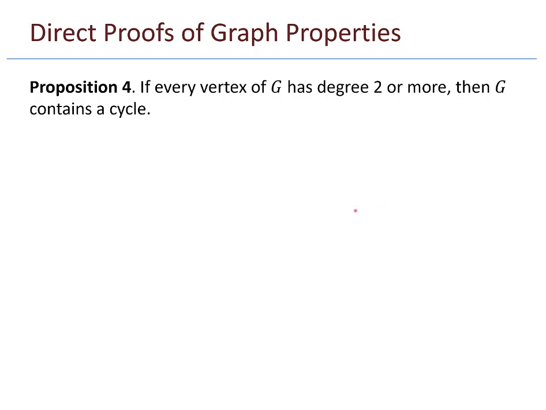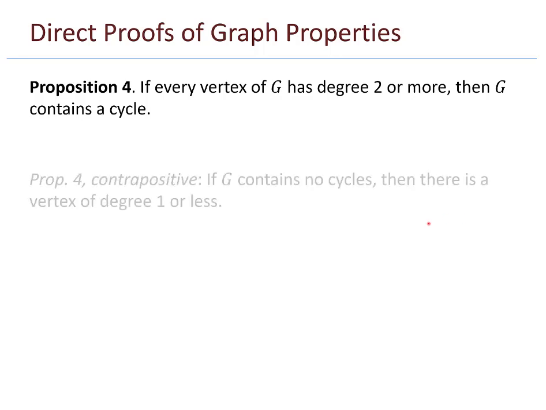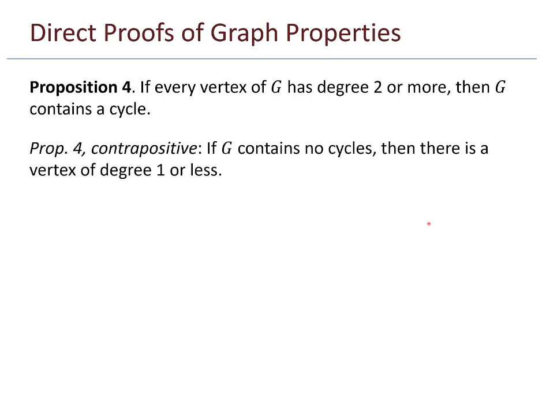Proposition 4 has some nice different ways of interpreting it. Let's take a look at the contrapositive. It says, if G contains no cycles, then there is a vertex of degree 1 or less. What does a graph with no cycles look like? Maybe, here we go, something like